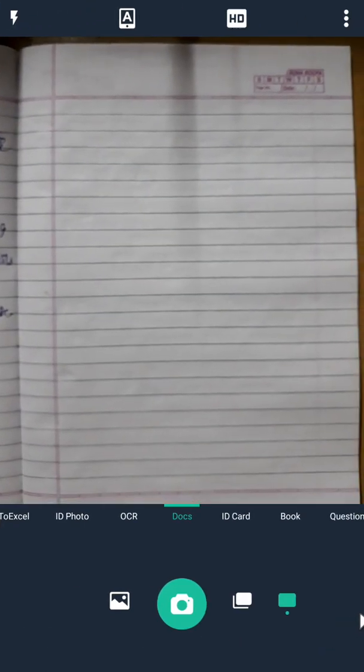See here, the camera is opened. Now click on the shooting button. Yes, now the document becomes scanned, and a cropping pattern is also showing on the display. If you want to adjust it, you can adjust it. I want to adjust just this much, I need this much margin, this much footer at the right side and top. Okay, now I have selected this much of the document, and I just click on next.